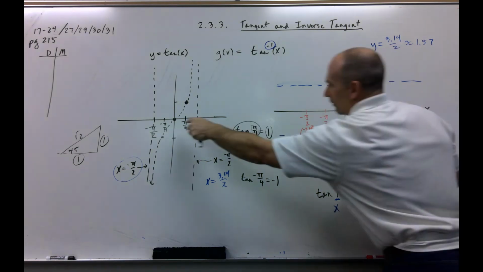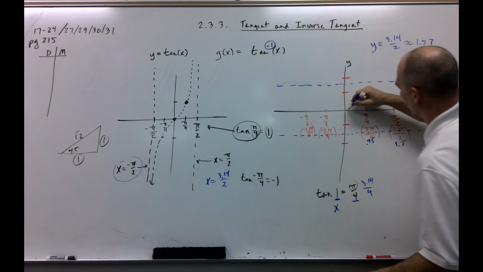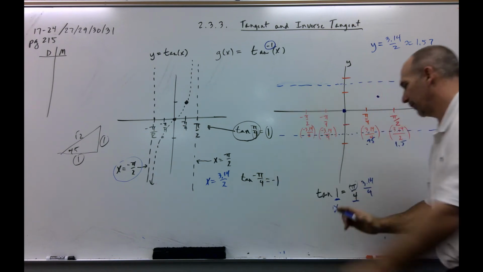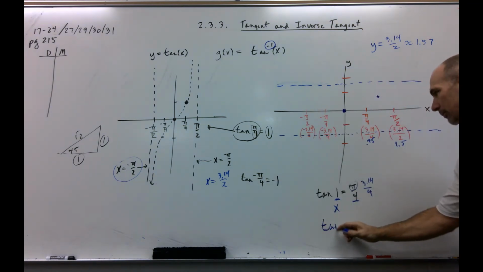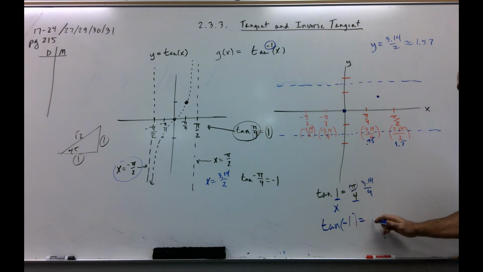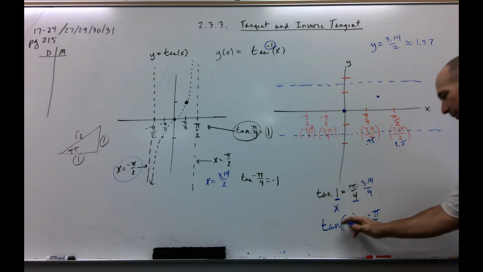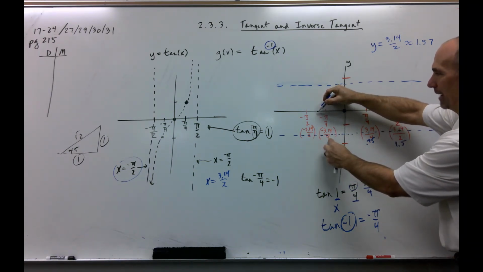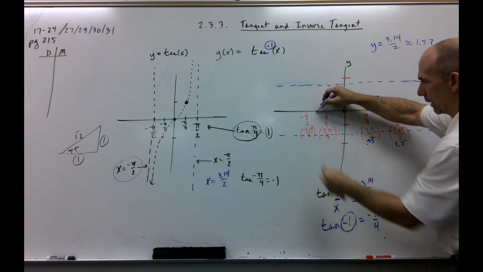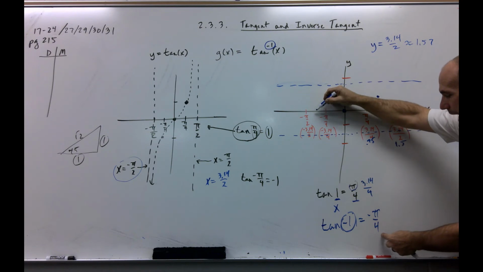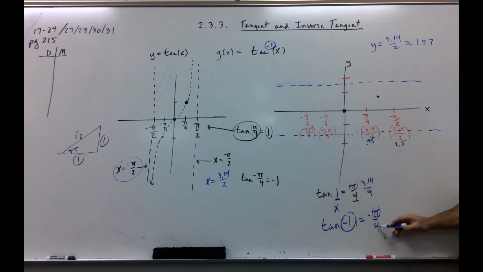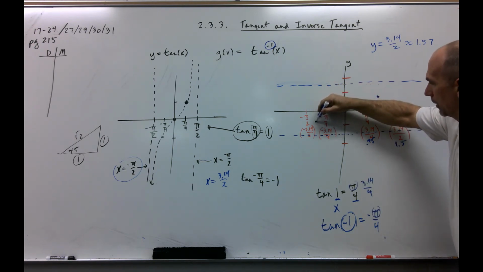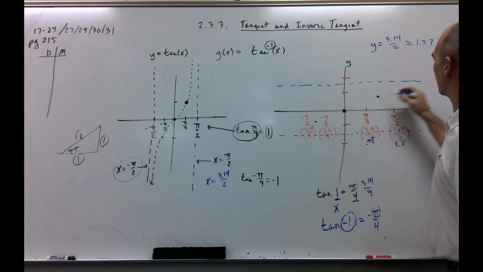Now, if I take this guy, 0, 0, and I flip it, good news, that doesn't change. And now I need to look at this. If this is true, then for the inverse function, I'm going to get tangent of -1 equals negative pi over 4, which means if I go left 1 unit, which is right about here, because this is 0.75 negative, this is 1.5 negative, so right about here is -1, and then I go down 3.14 over 4, which is approximately negative 0.75 again. So I go over here about 1, go down there, and I can see that this thing is going to go